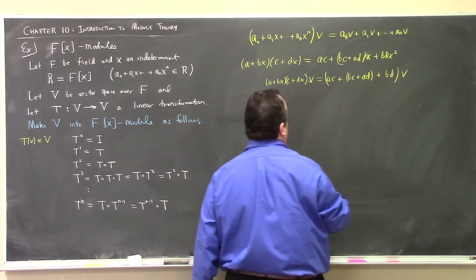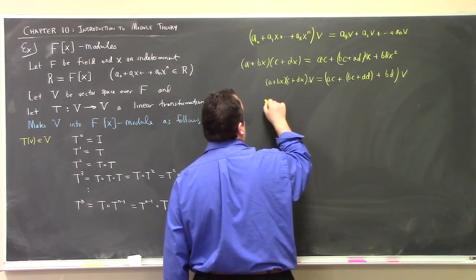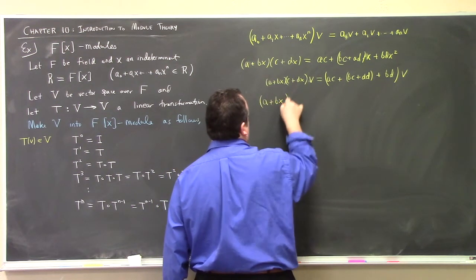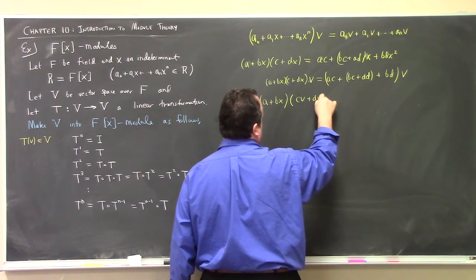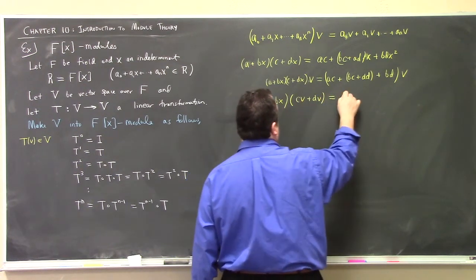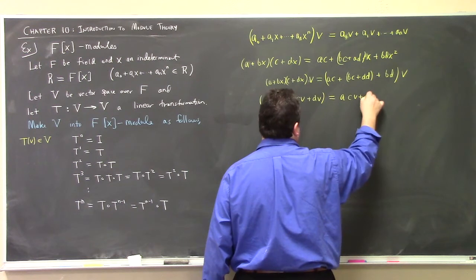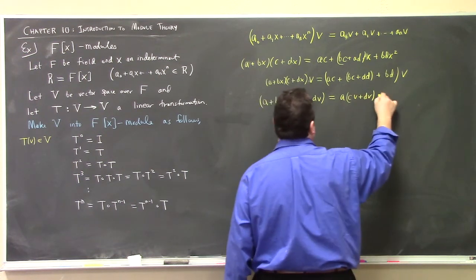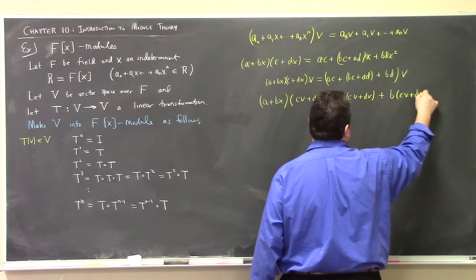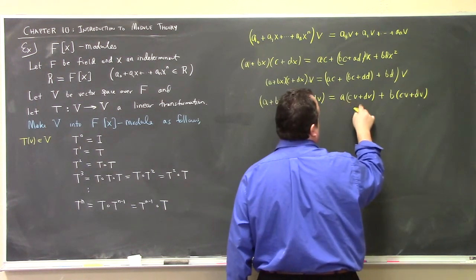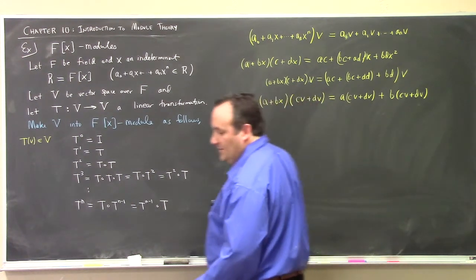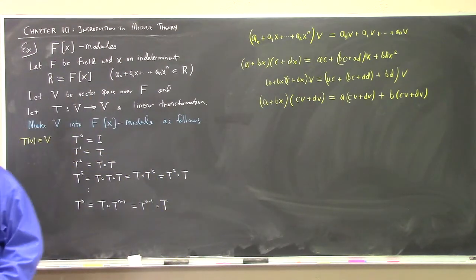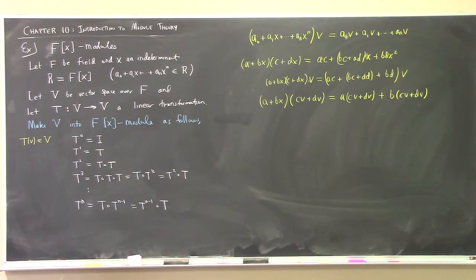compared to, let's see here, we're supposed to let A plus BX act on this acting on V, which would be CV plus DV, which would give me ACV plus ADV plus BCV plus BDV, which gives me AC, AD, BC. Yeah, it's the same thing. You're right. That's only checking the binomial case, but it'll work. So it looks like axiom B is okay, and